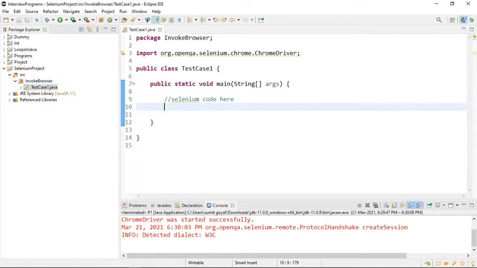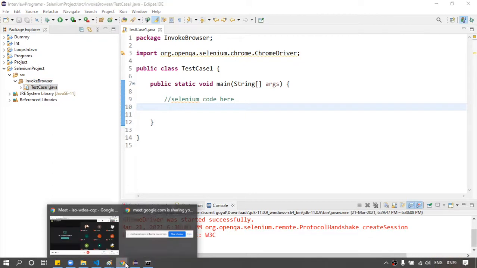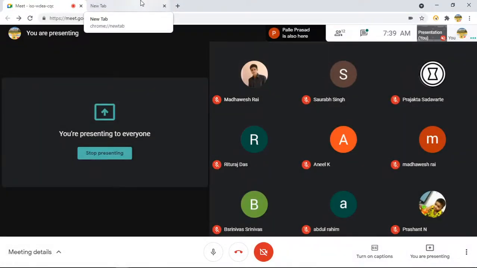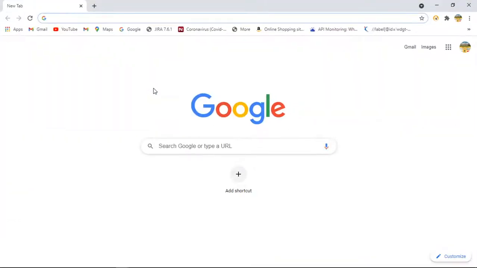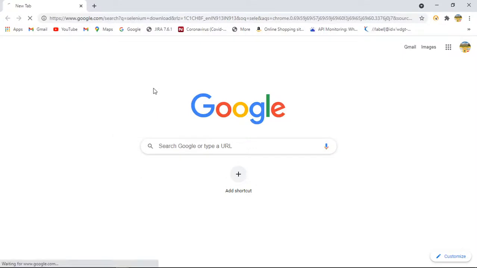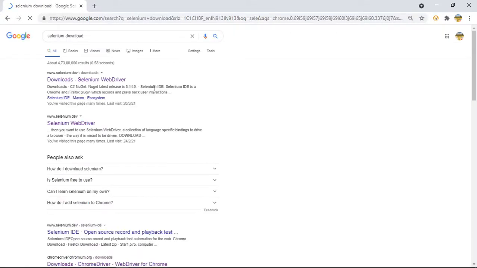So to do that, what I will do, I will open Google and write Selenium download. So you have to type this, hit enter and open the first link.